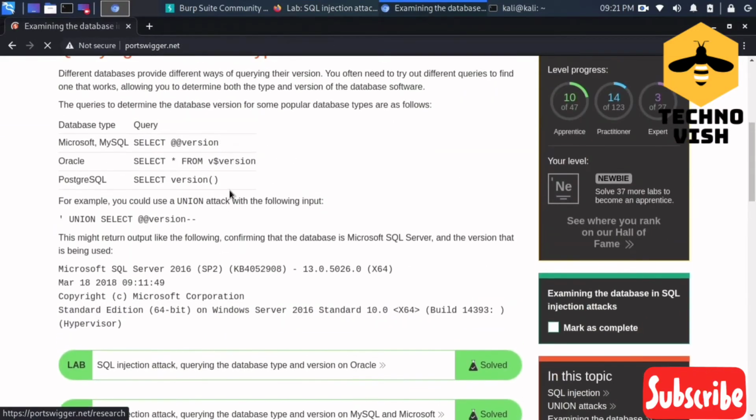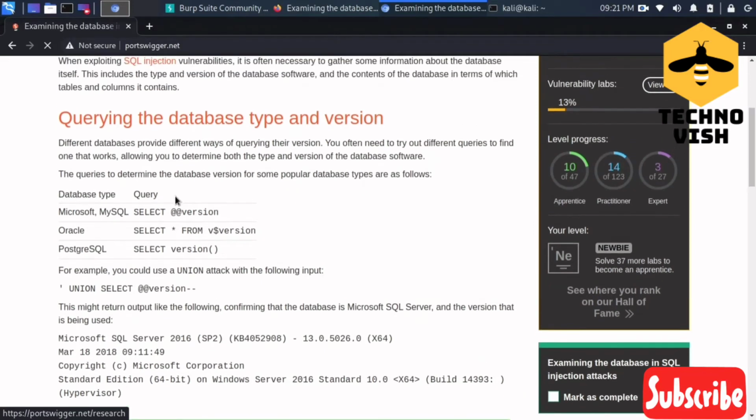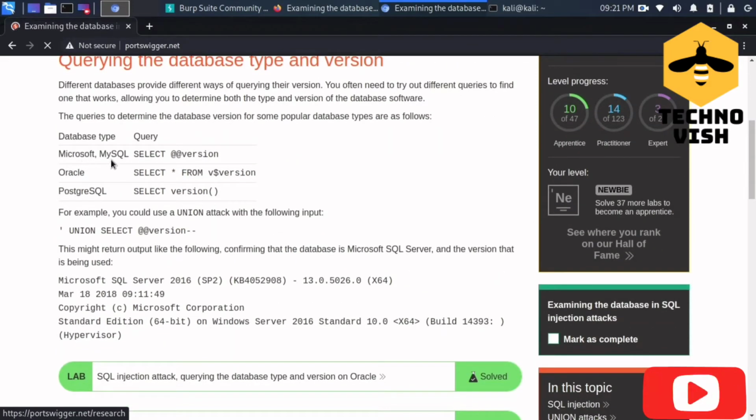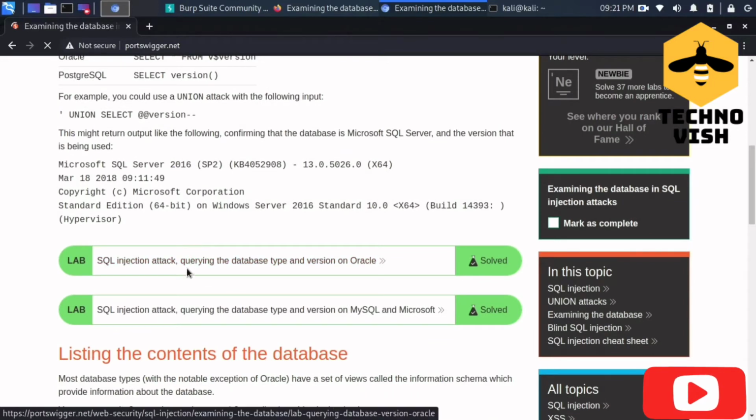This is the query we have. Like, if it is Microsoft and MySQL, we can use select @@version, and for Oracle select * from v$version, and for PostgreSQL we can use select version(). And I'm solving the first lab now.